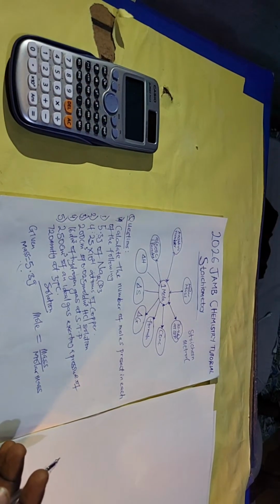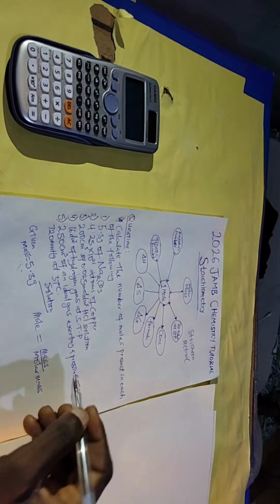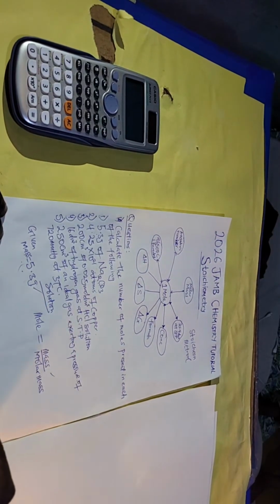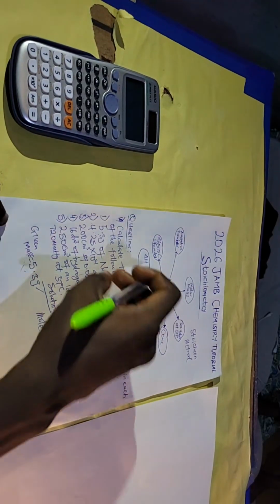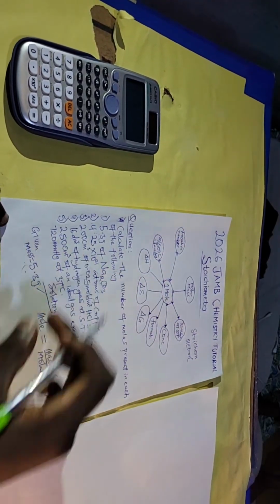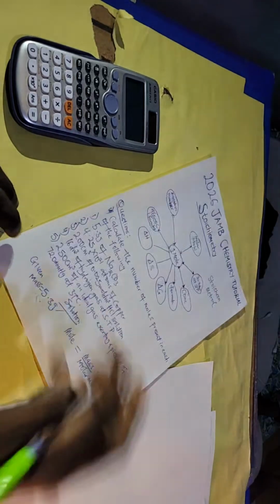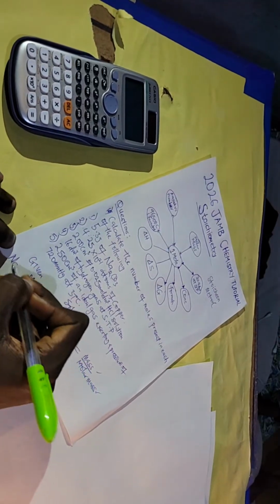Mole equals mass over molar mass. Then after getting that, you know that your mass has been given. What you need next is your molar mass. And how do you calculate your molar mass? You bring out the compound, which is this, and you calculate the molar mass by saying N